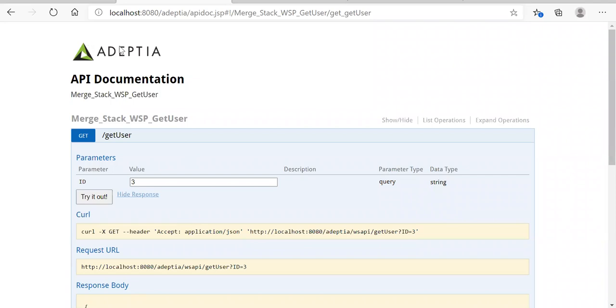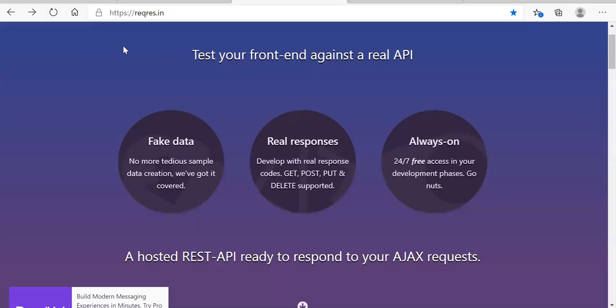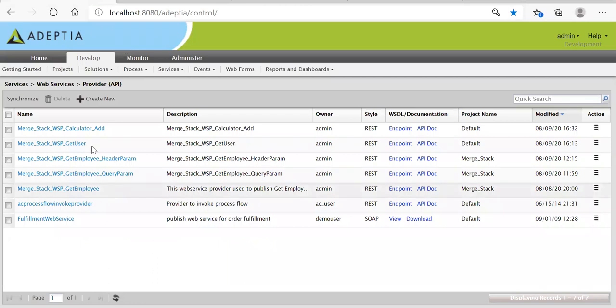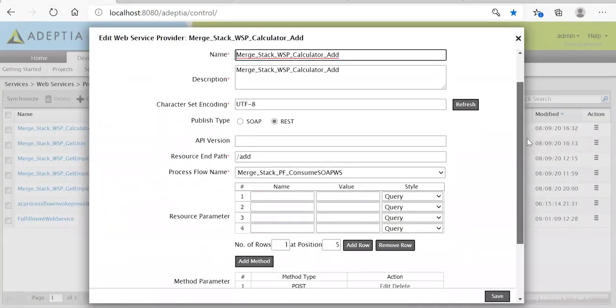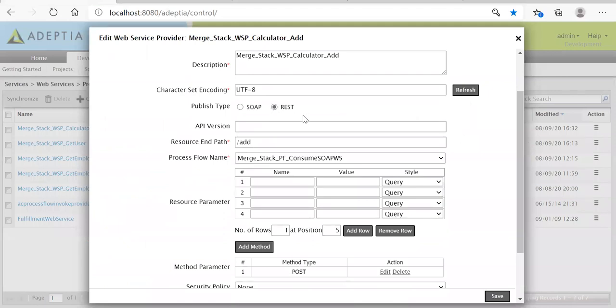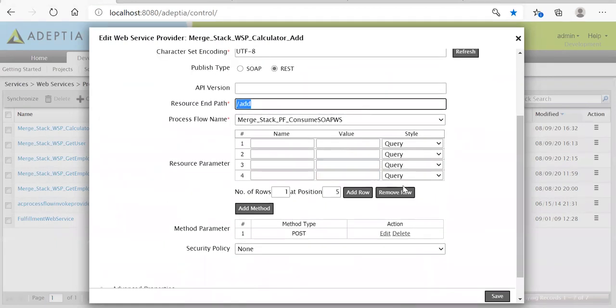We know how to expose this as a REST API. So this is the web service provider, and here, if you see, I'm exposing it as a REST API. Then we need to provide the resource path.